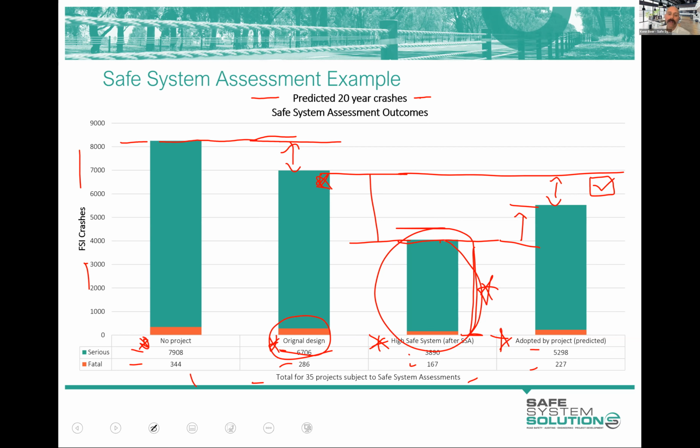And we might think, well, we include other behavioural elements in safe system assessment, ideas around behaviour change, enforcement, and these sorts of things. And that's true, but in order for those to affect, so we're doing that at a project level. We need bigger national, whole of statewide initiatives to roll through. Providing enforcement bays within a project helps, but it's not going to eliminate that. So it's all recognizing a lot of that. So what I say around this is that other elements of the system have to play a big part,